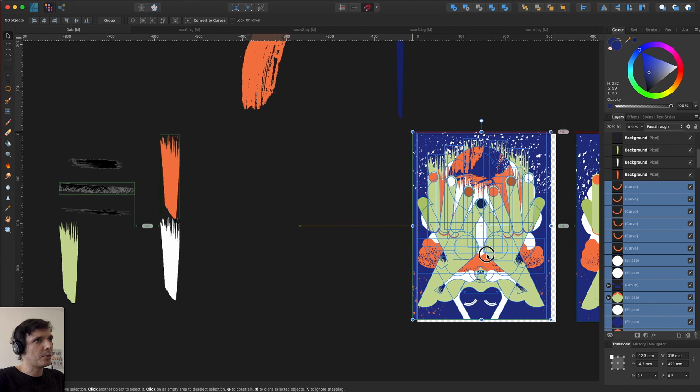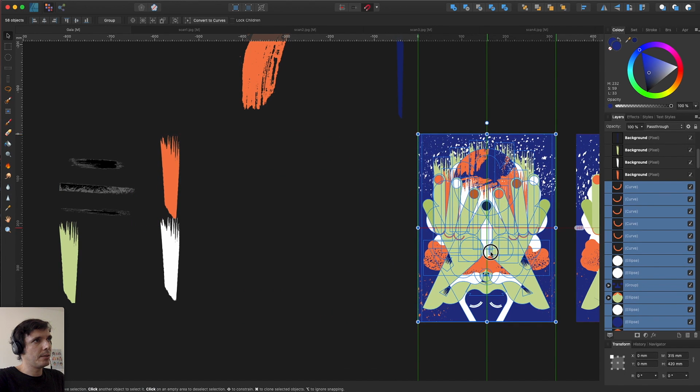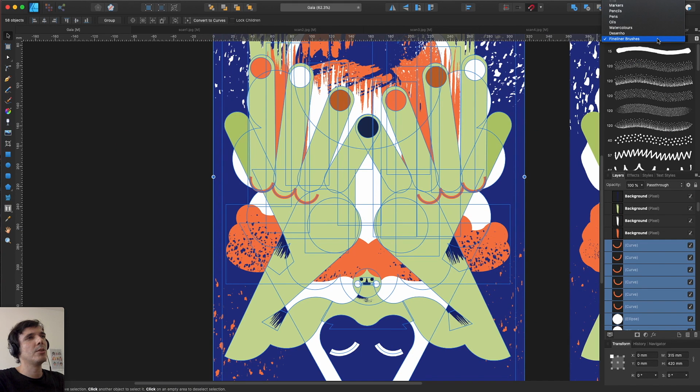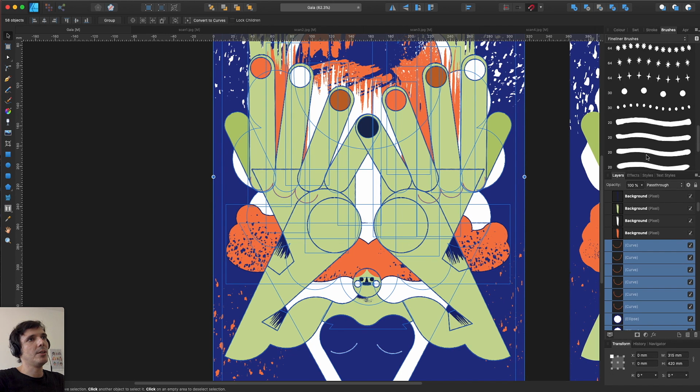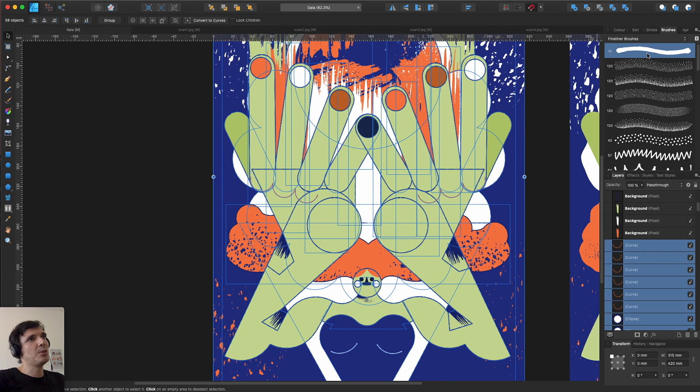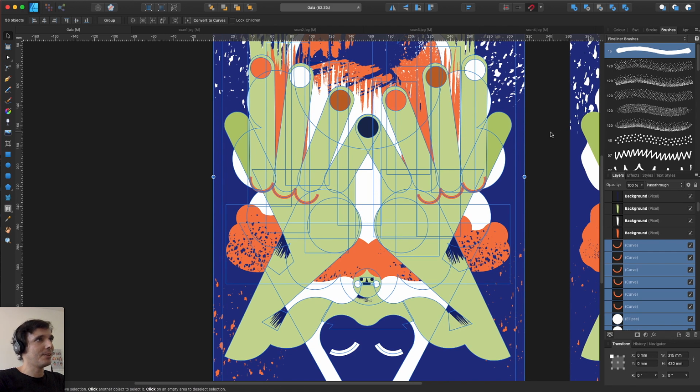So let's drag the final drawing here. I previously downloaded these fine liner brushes that you can get for free from Affinity. You just have to hit the option on the welcome screen of Affinity Designer and download them. The first one that you find on the list, you have lots of them, as you can see here. But this one is really useful, especially when you exaggerate it.